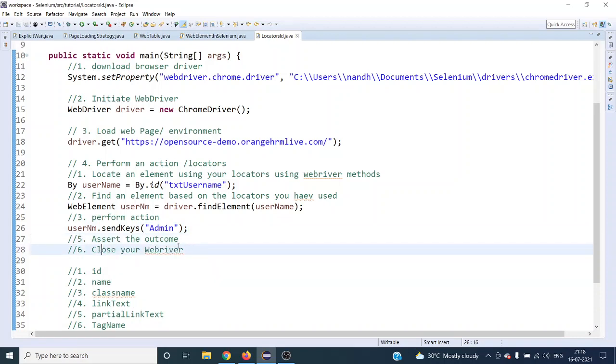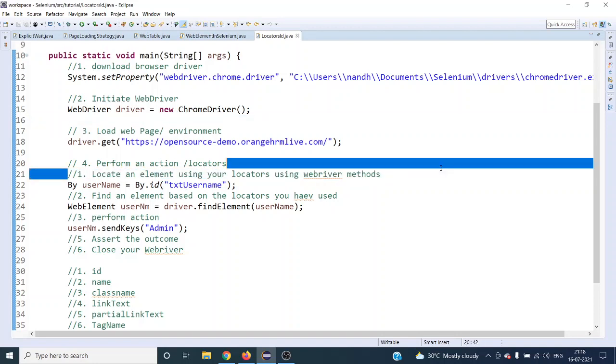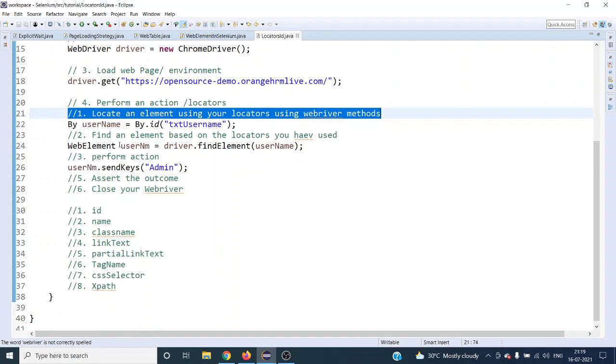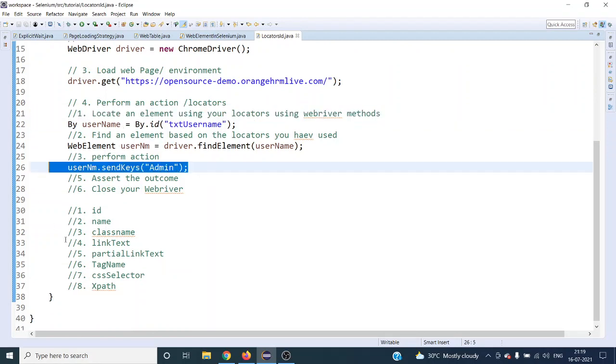Right. So what will this do? We have now come to one conclusion, right? In Selenium WebDriver, we can use any locator strategy that Selenium WebDriver provides. There are 8 varieties, so we can use anything based on your application. Today we are looking at the locator strategy as ID, and we have done the action as well, right?